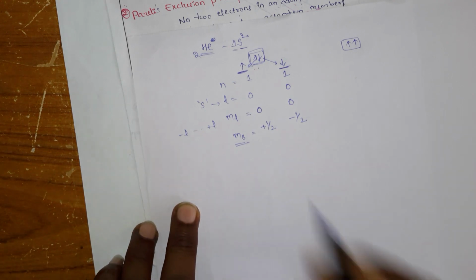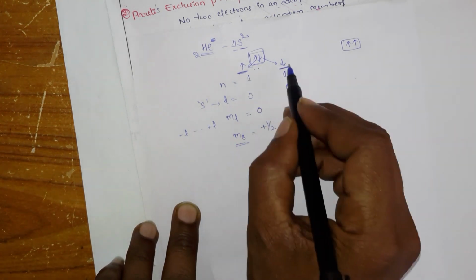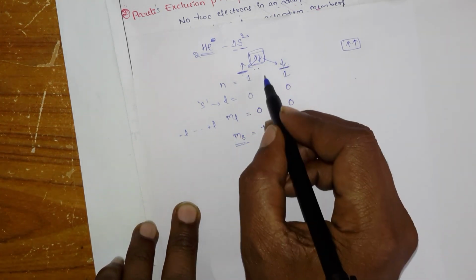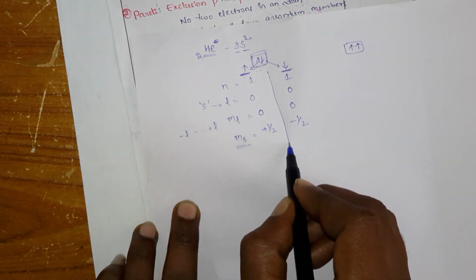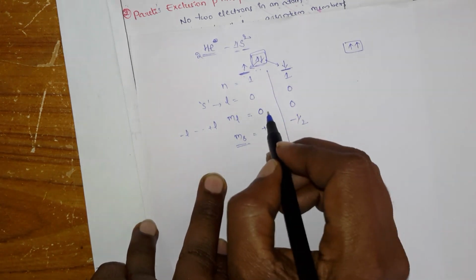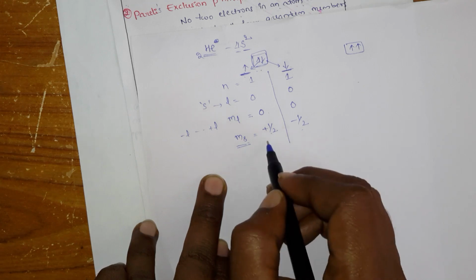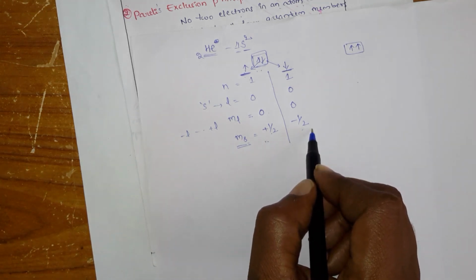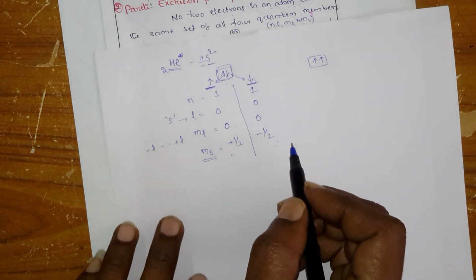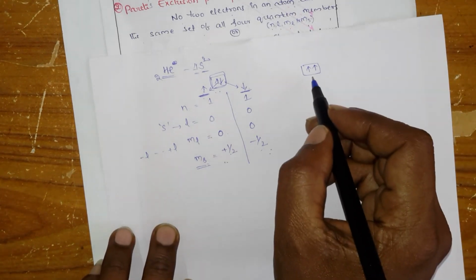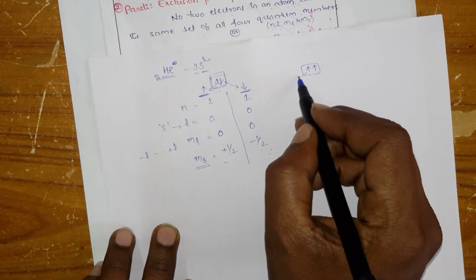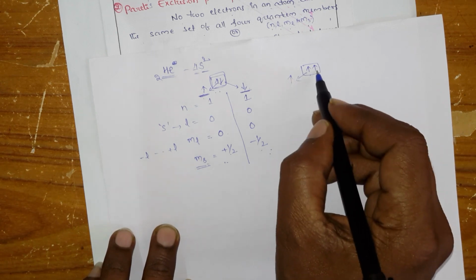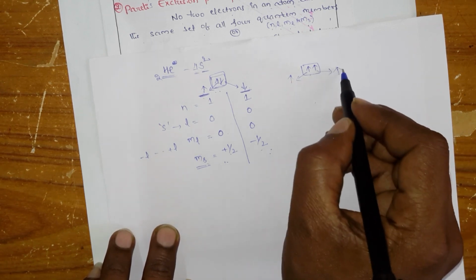Okay, see here for this electron, when you compare these two electrons, are the quantum numbers the same? No, these three are the same, but here it is different. At least one should be different. Like that you have to accommodate. Suppose I accommodated like this: here it is upwards and one more electron is also in the upwards direction.